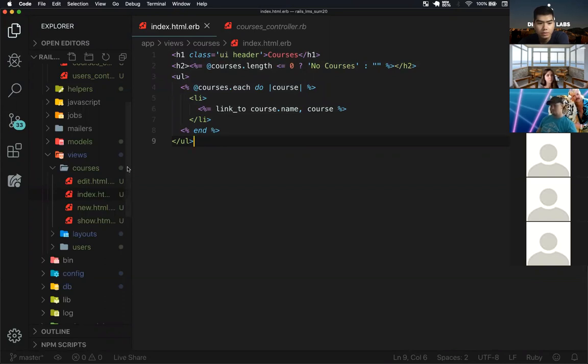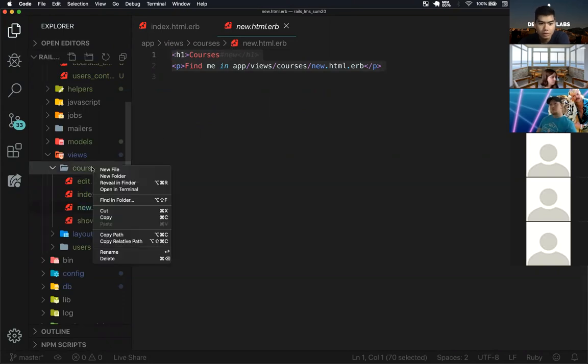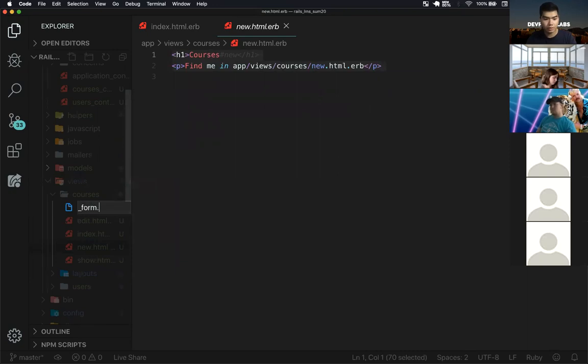But if you want to style your forms, then you would just type your form in here. And since you're using the same form for both edit and new, you would have to just copy that so it will be consistent styles. So that's totally up to you. It's a little bit more work just to get it looking good. But for our case, we can just have a partial form